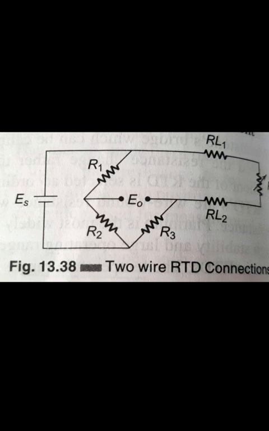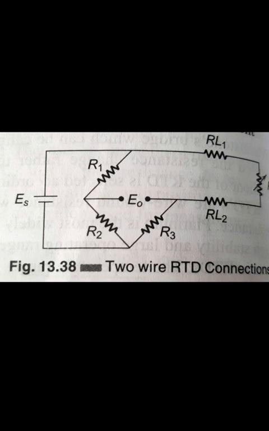RTDs are not adaptable to applications requiring fast response or small area temperature sensing. The measurement of temperature using the RTD is done after proper calibration, which involves the conversion of resistance. Here the Wheatstone bridge is modified for the RTD instrument. The RTD and its cell are connected in one arm of the bridge, which is essentially a resistance measuring device, with the 2-wire Wheatstone bridge connected as shown in the figure,